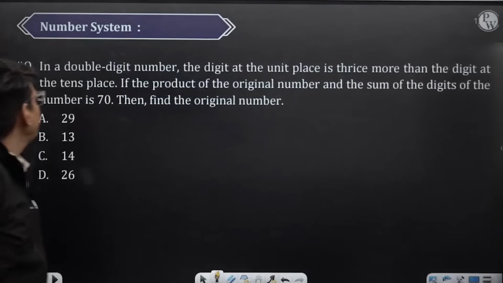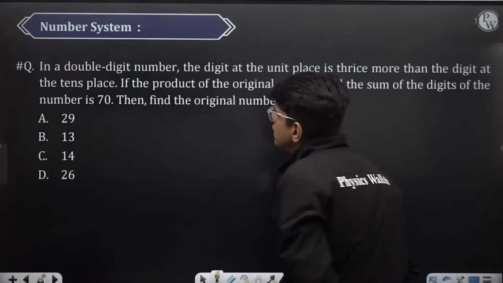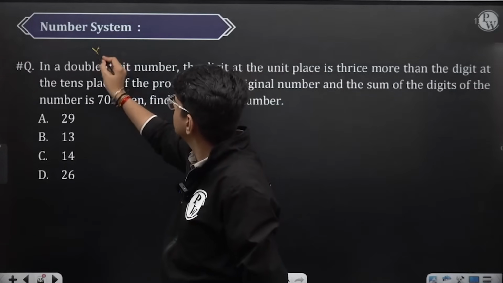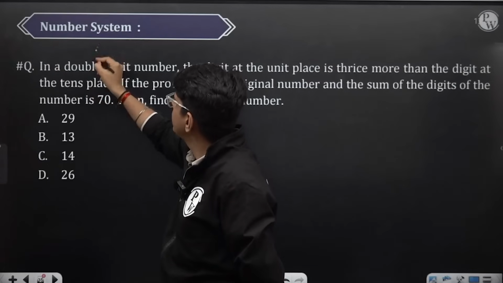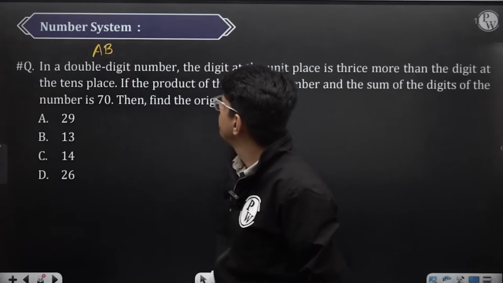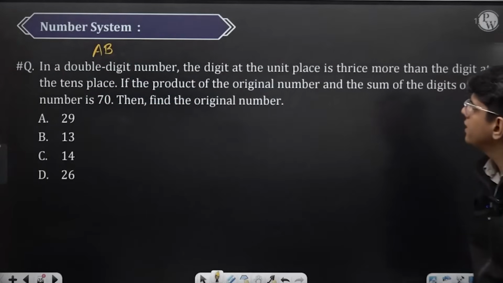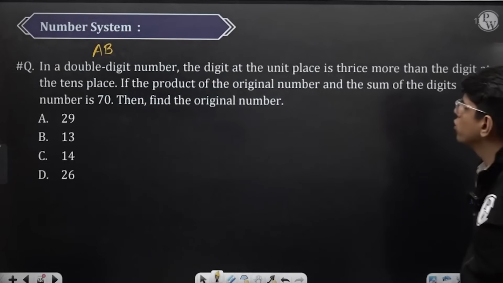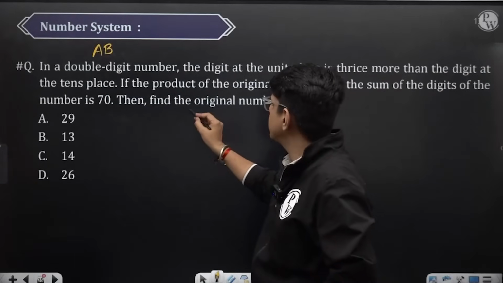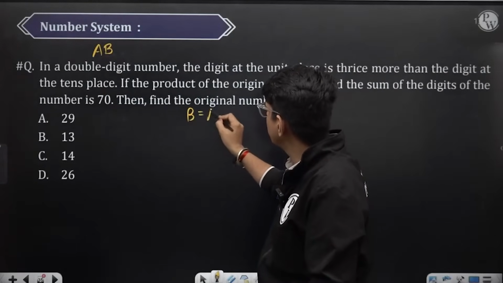Similar question hai, if a double digit number, suppose the double digit number is XY, or I can write, let the double digit number be AB. The digit at the units place, which is B, is thrice more than the